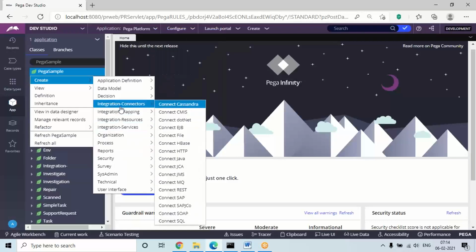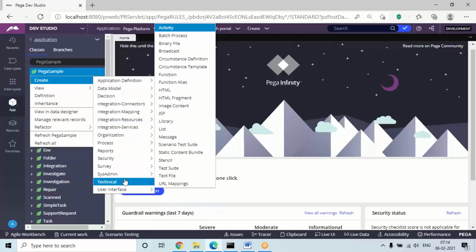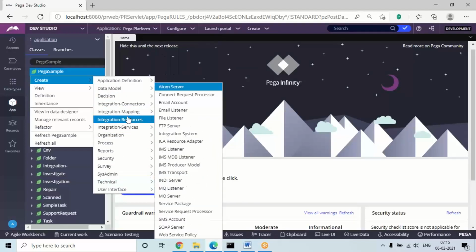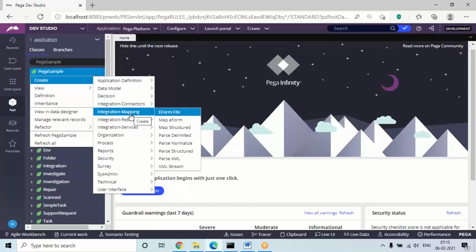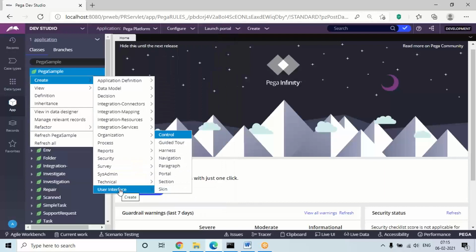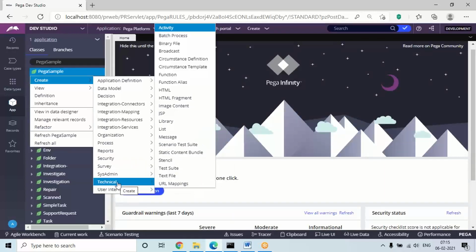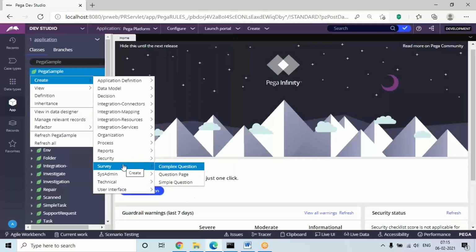So these are all the templates we are going to use, because in this, already 50% of the application is configured. Why it is already built in and configured is because here all the integration connections and connection mappings are integrated in the platform. So again, no need to do it from scratch. And UI design is already built in from the user interface category. All the UI templates are built in, business logic is built in, admin configuration is built in. So what we are going to do is just reuse those functionalities. Okay, nothing to create from scratch.